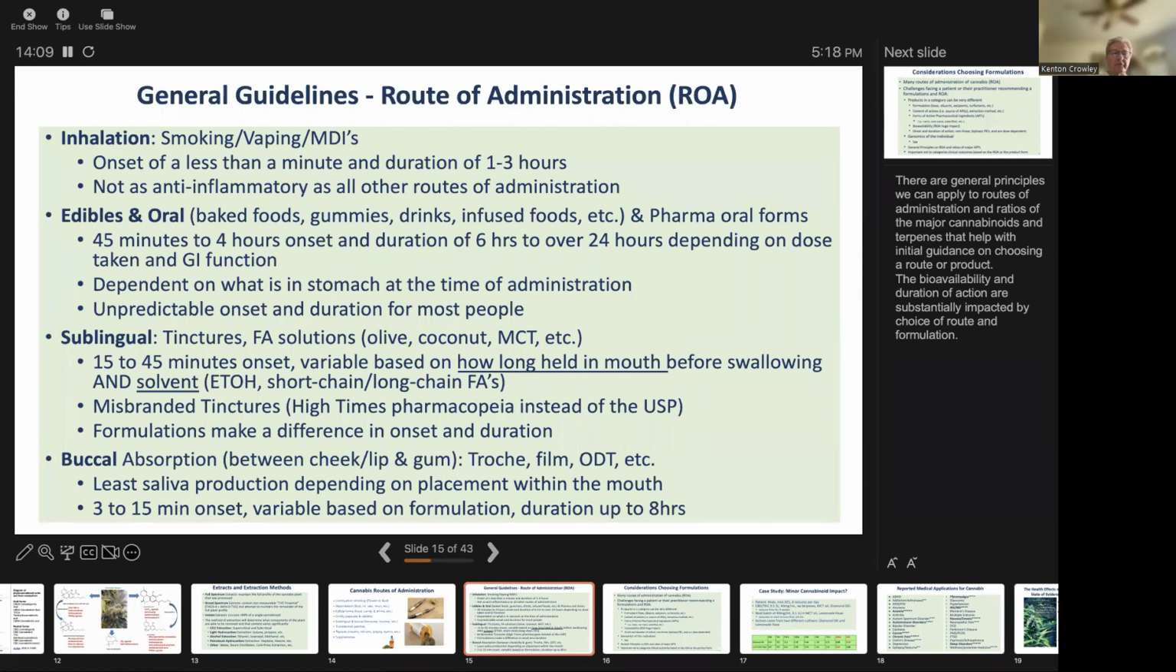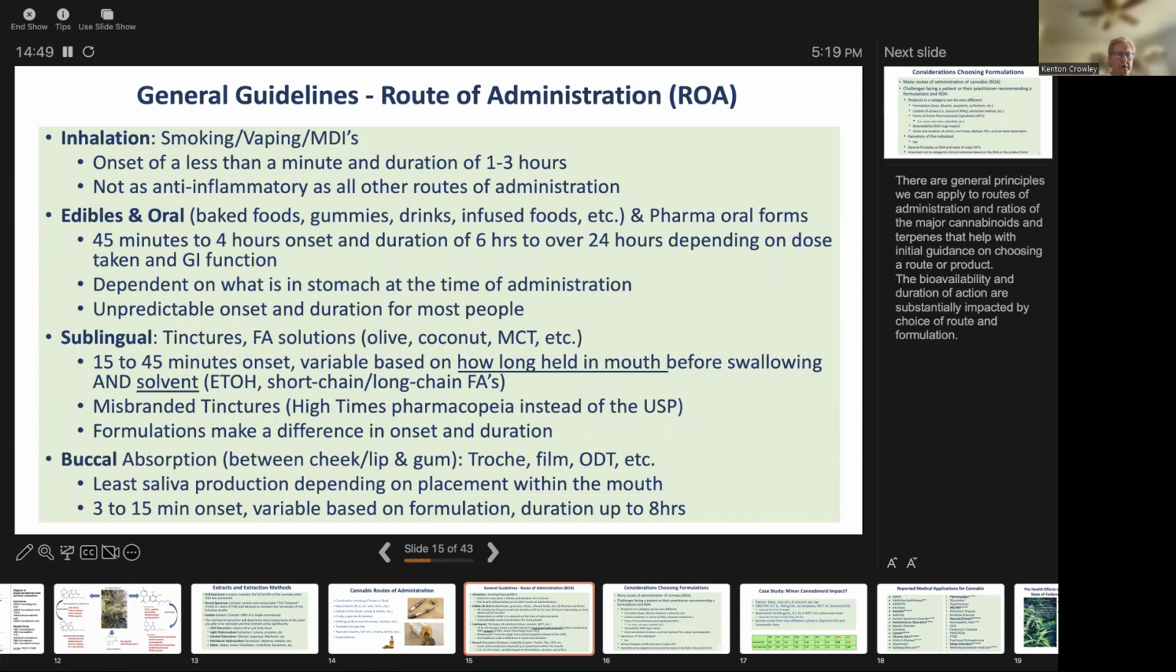And the confusion comes when people describe their effect, the onset, and they're using the term tincture, and it's just not all the same. Buccal absorption is placement between cheek, lip, and gum. Dosage forms include a troche, a film, and an oral dissolving tablet, an ODT. They have pouches. They have a number of different delivery systems, but generally